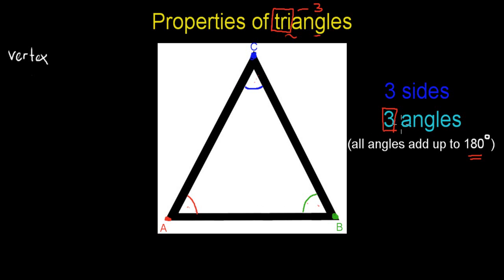angles. If there's going to be three angles, there's also going to be three sides. So all triangles have exactly three sides. So for example, this side right here, this side right there, and this side right here. So that's basically the basic properties of a triangle. They all have three sides, they all have three angles, and all the angles have to add up to 180